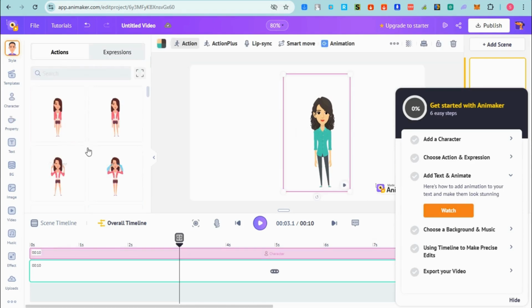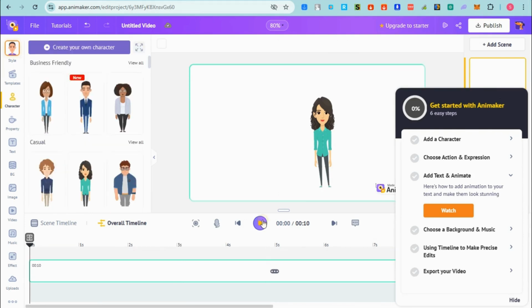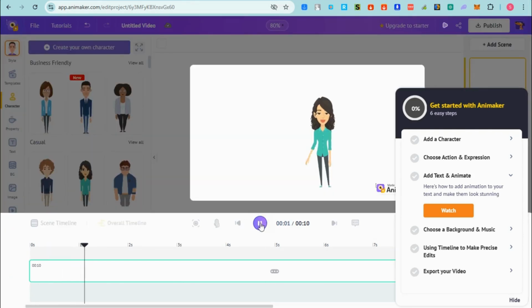You can choose whatever you like. So for this time, I'm going to choose someone who's presenting something, she is telling you something like that. Okay, so this is what it looks like. And as you can see, there's this Animaker